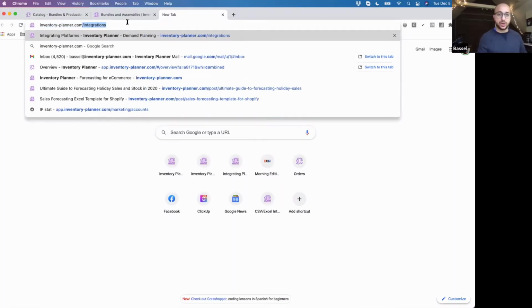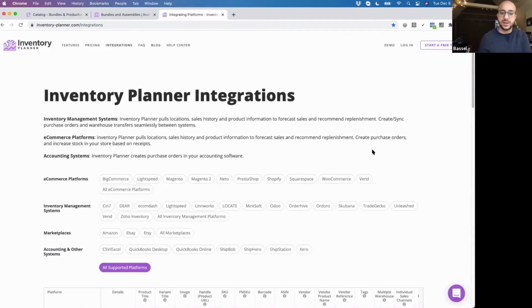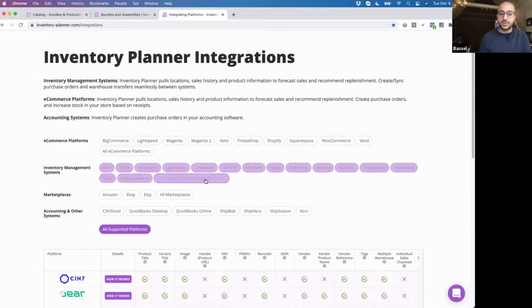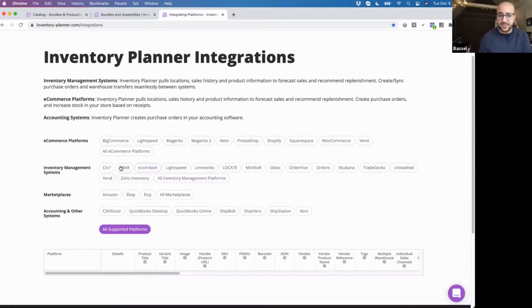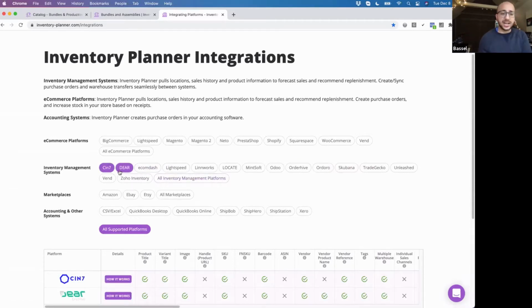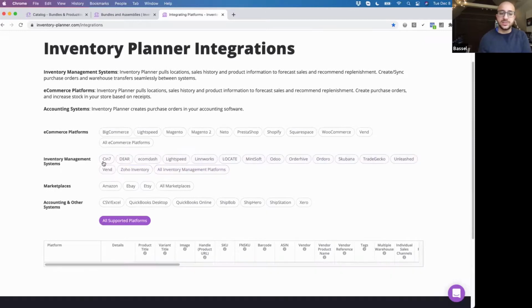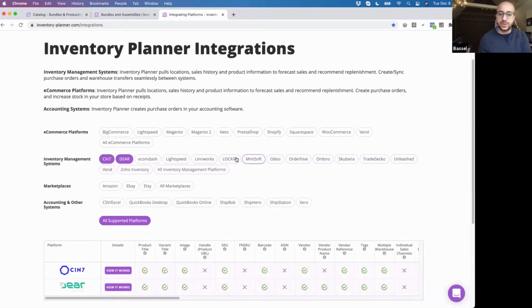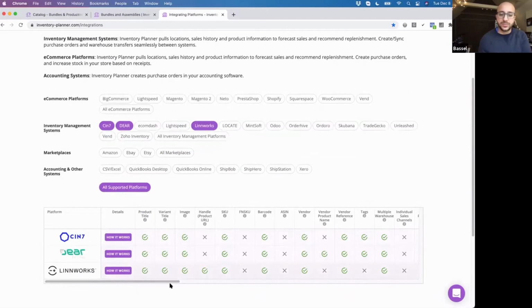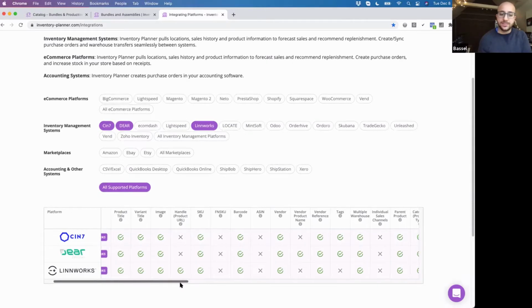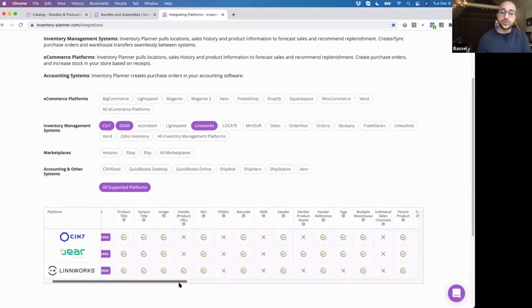Actually, that page that I was showing you, the integrations tab there, you'll notice most of the inventory management systems. So you can click on any of the systems here, right? You can click on any inventory management systems or any e-commerce platforms, and this would just give you an idea. Let's say I'm just going to grab a few here. One works, sure. And if you were to scroll over to the right, this is a super useful cheat sheet